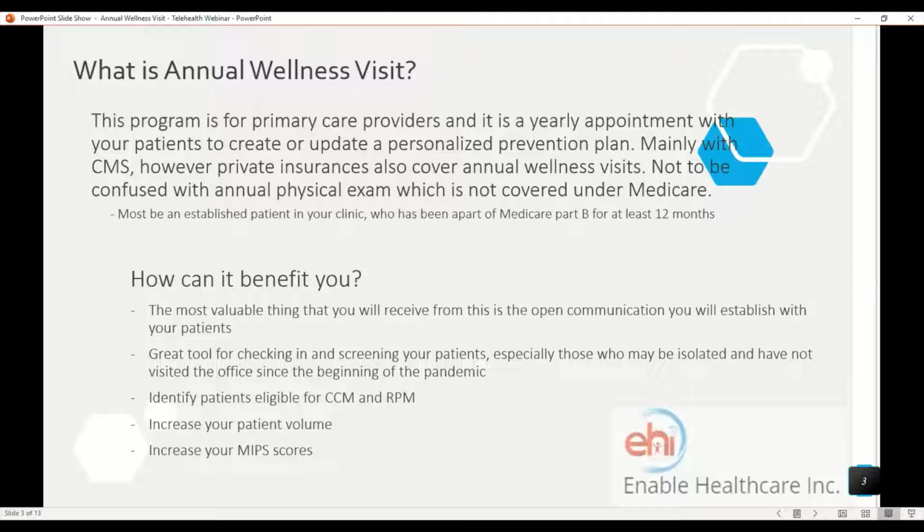But how can this actually benefit you and your practice? The most important thing is that you're creating open communication with your patients, especially during this time when we're not able to connect with those patients who may be a little bit too fearful to come into the clinic. The annual wellness visit will let you get in contact with those patients, visit patients who are isolated, screen your patients for any risky behavior, and establish good open communication